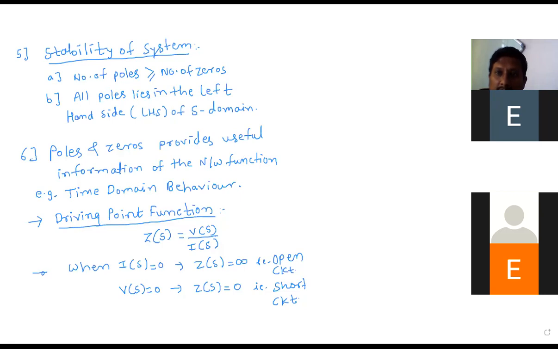मग ह्याचा जर तुम्ही प्लॉट काढला, Z of s जर तुम्ही प्लॉट केला, suppose this is the Z of s, सिग्मा, ओमेगा n, j ओमेगा n. झिरोज कुठं असणार आहे? इथं. आणि पोल्स कुठं असणार आहे? इन्फायनाइटला. ओके, so poles will be at this location. So this will give the information regarding the poles and zeros of Z of s. Maximum pole कुठे येऊ शकतं? तर इन्फायनाइटला. आणि मॅक्झिमम पोल झिरो कुठे येऊ शकतं? झिरोजला. Okay, so next the time domain already we have discussed, that will be find out by using the poles